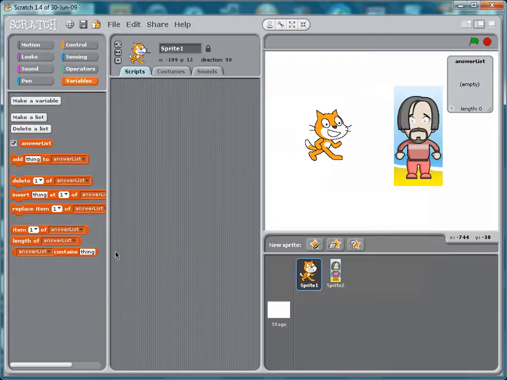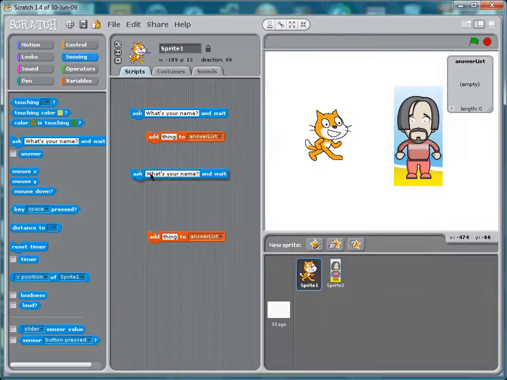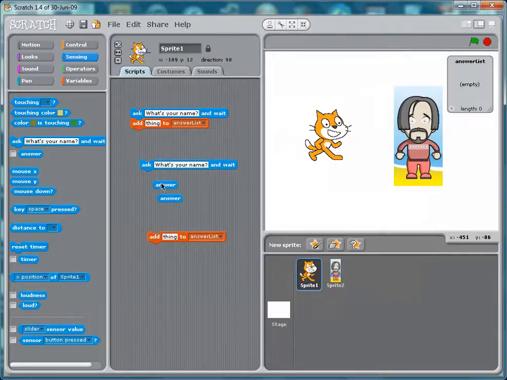So to get started, in my variables menu, I want to drag over a couple of instances of add thing to answer list. I go to my sensing menu and I want to drag over 2 instances of what initially says what's your first name, and while I'm at it, I'm going to need a couple of these answer blocks. So when the cat asks the sprite what's your name, I want to be able to add the answer to the answer list. Now for my second question, rather than what's your name, I want to be able to ask what's your favorite